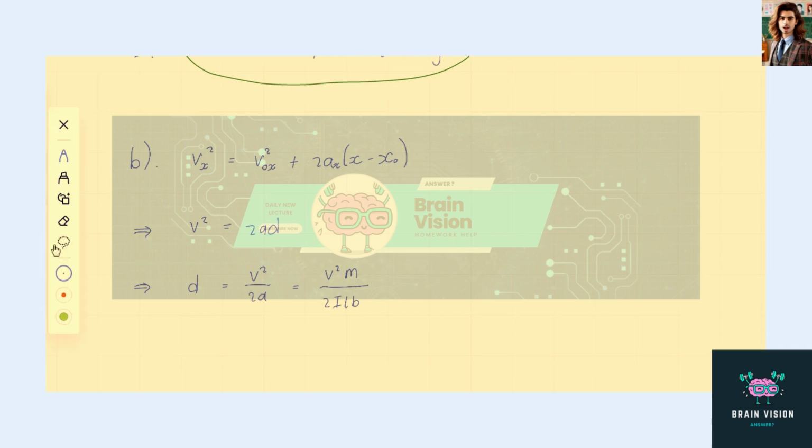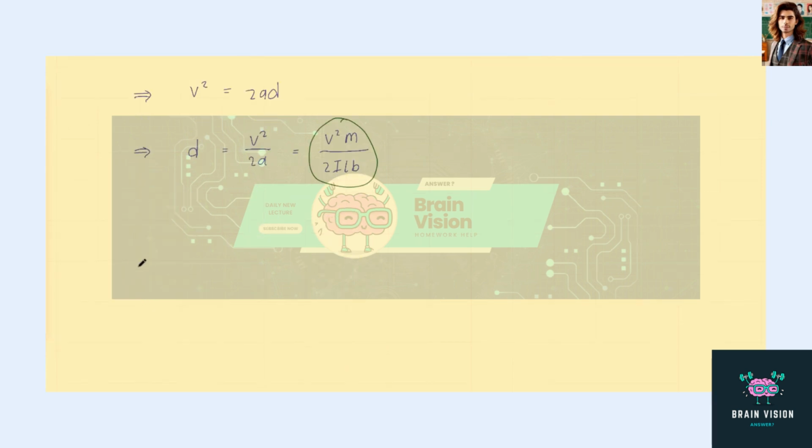So now we have an expression for the distance d that is required for the payload to reach a speed v. And now we'll use this equation in part C to calculate the distance that the payload needs to travel in order to reach the escape velocity for the Earth and hence be able to leave the Earth's orbit. So d using this equation is v squared. The escape speed is 1.12 times 10 to the 4 meters per second, squared, times the payload's mass of 25 kg divided by 2 times the current on the rails, which is 2000 amps,